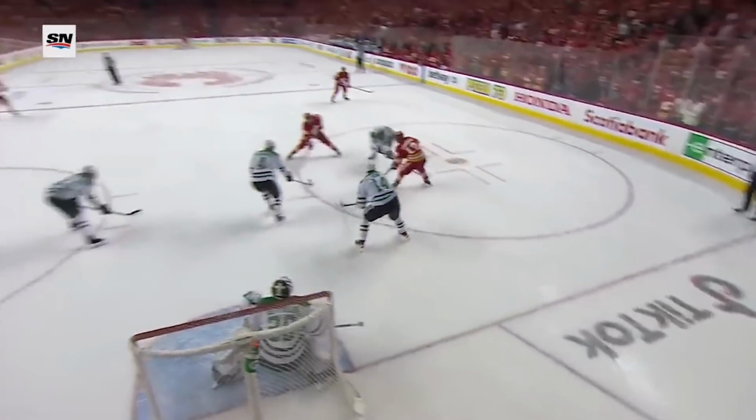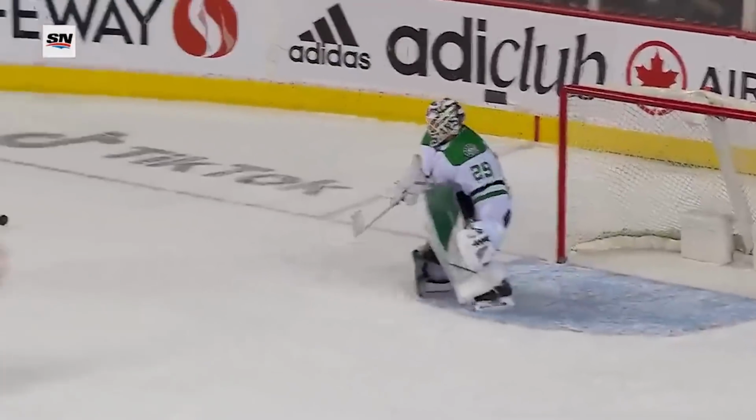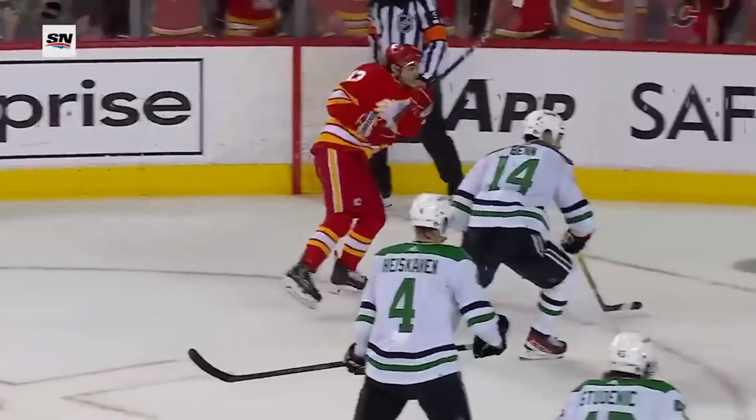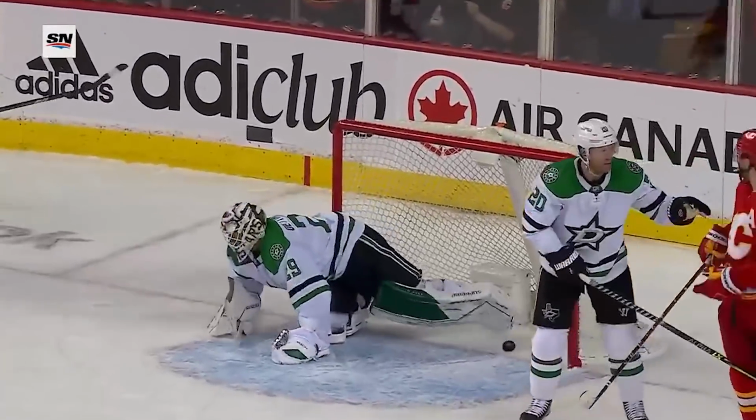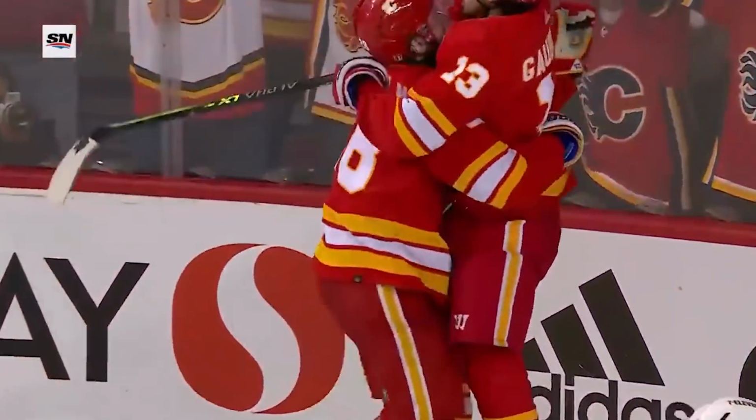He pairs off with his buddy Tkachuk. A little give and go now. Gaudreau will walk out first, get the first chance out in the slot, and there's the initial chance, but this is just a smart goal scorer's goal. You know, from a bad angle, just throw it towards the net after Lindholm with the initial chance, and Gaudreau just knew that Oettinger was still retreating back to the post, and that puck had eyes, and somehow